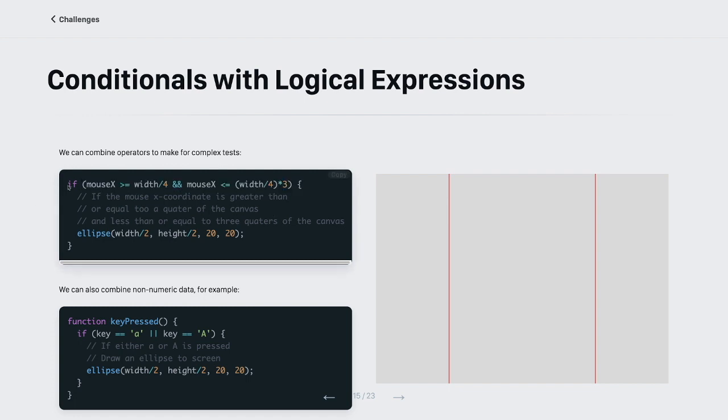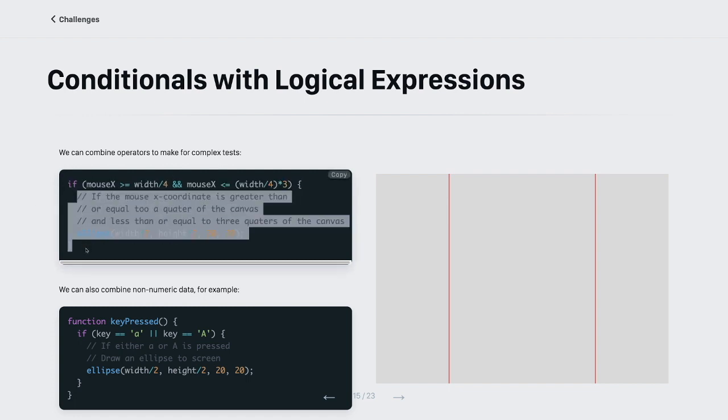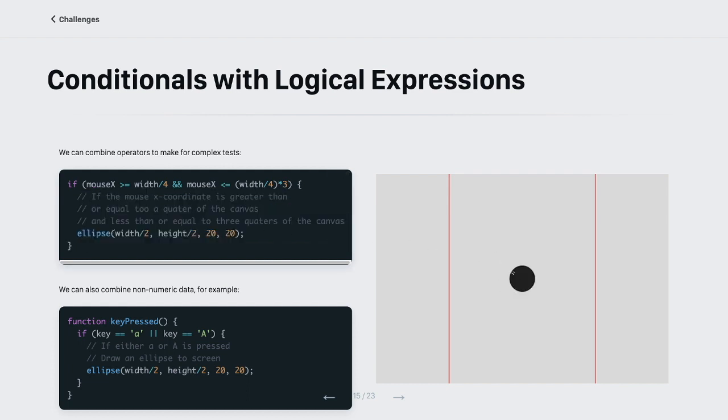You'll often see something like this. You've got an if statement that has a very simple execution. So all it does is draw a circle, middle of the screen. But it has a complicated condition. Let's break this down and see if we can figure out what's happening. Well, the first thing we have is the AND in the middle, which means that everything to the left of the AND is an expression of its own, and everything to the right of the AND is another expression. And we know with that AND there, they both have to be true, or it will all be false and